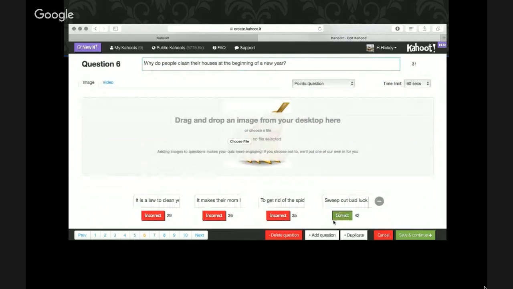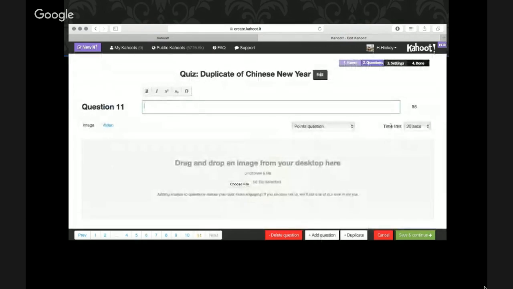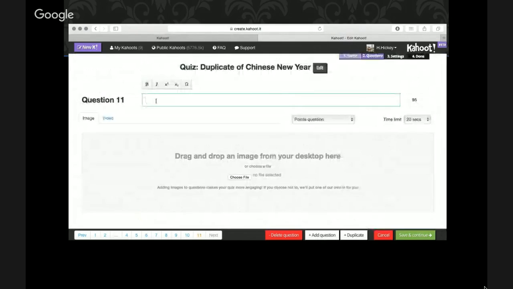I can also come over here to the right where it says add a question. So if I wanted to continue this Kahoot and make it longer by adding additional questions, I could go ahead and say add a question. And it's going to give me the blank template here. So you'll notice when you add a question in the question box here,